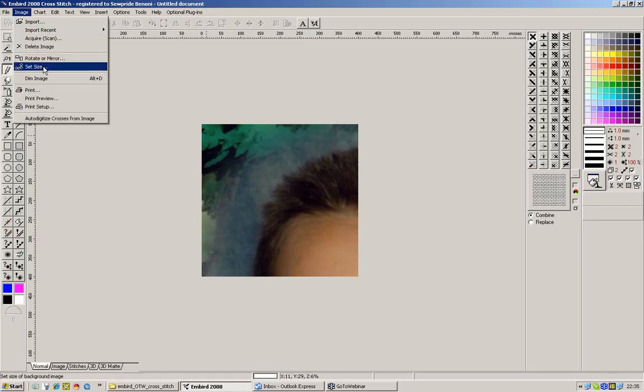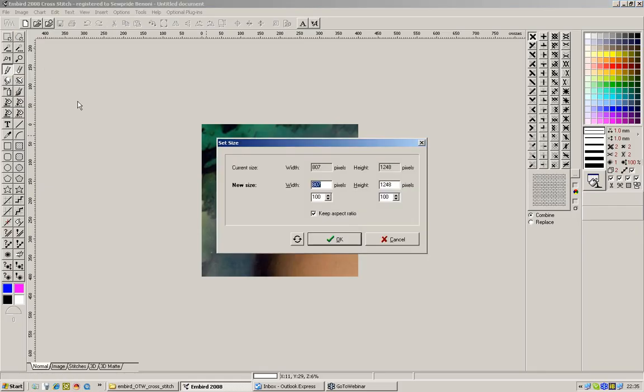And we go to say set size. And we would like to have our size to fit our hoop size. Now if we look at the photo size is 807 by 1200, and it must fit into the hoop size. We're going to work with the smallest size of the two. Remember, it's 140 by 200, so we're going to work with the smallest size of the two, and that will be the 140. So I'm going to change the 807 to 140,